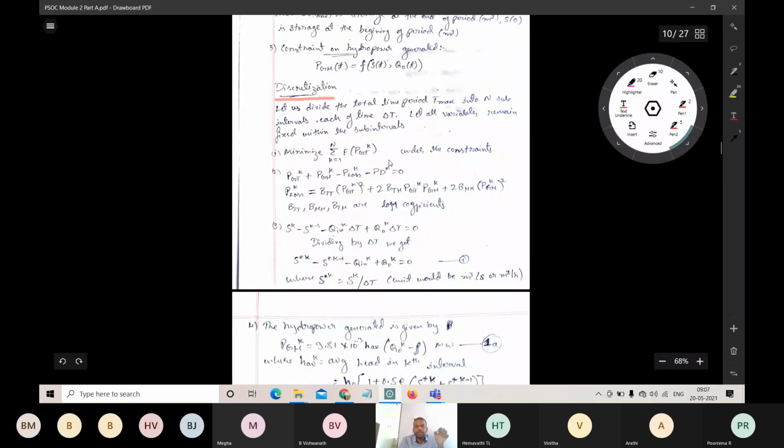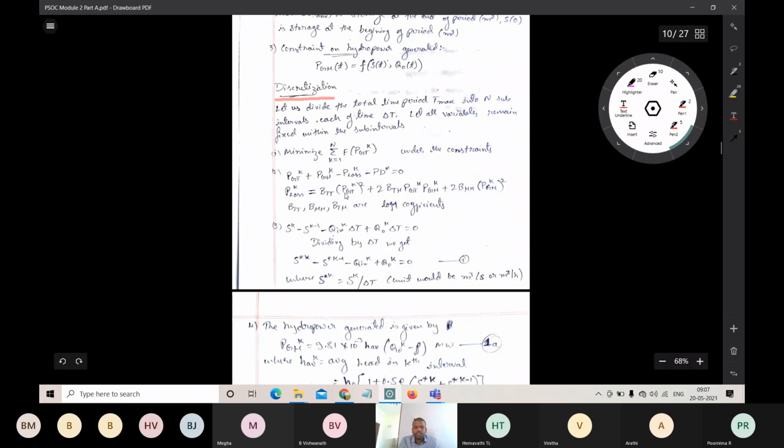And the next thing is we need to balance the power. We need to balance the different hydro constraints, that is generation is equal to load plus losses. Generation from thermal and hydel is equal to load plus losses. And here the losses will be expressed based upon loss coefficients, which we call B factors or loss coefficients.